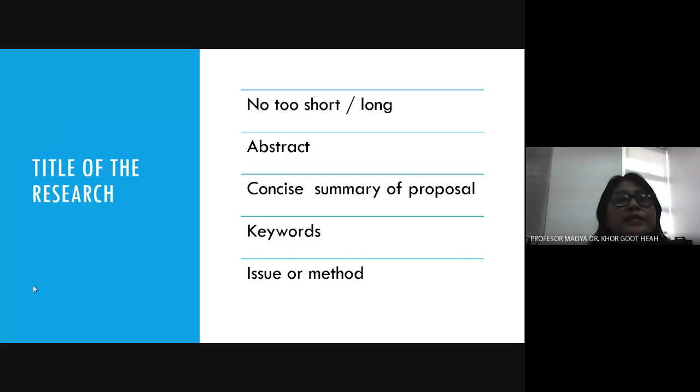Research can be as an abstract for the research. By looking at this kind of title, we can see what the student is trying to focus on in the study. The research title also can be the summary of the proposal. For example, a certain gene expression in cancer. This title actually can show us whether it is a single gene or a group of genes is expressed